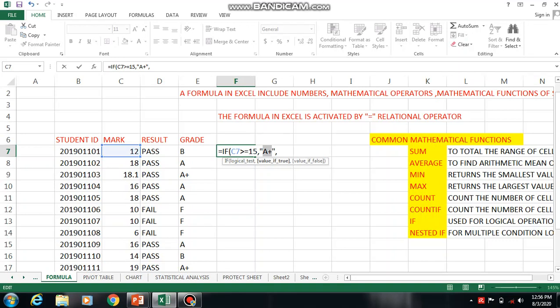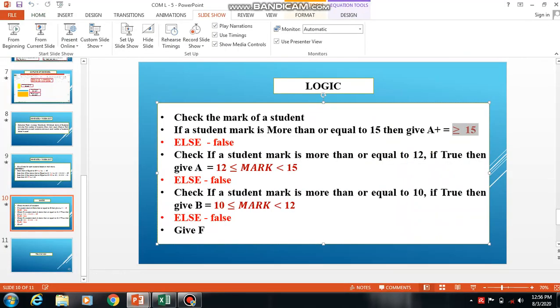If the mark is less than 15, you check the other condition. In case of false, you check if the student mark is more than or equal to 12, that is, the mark is between 12 and 15.